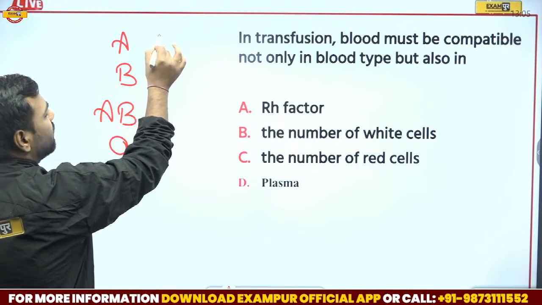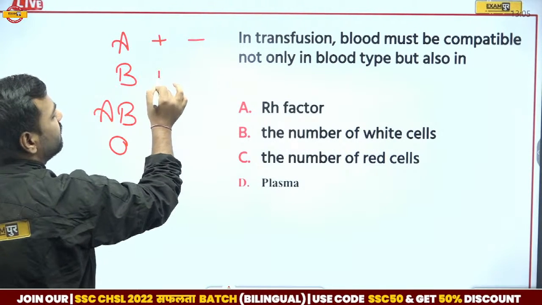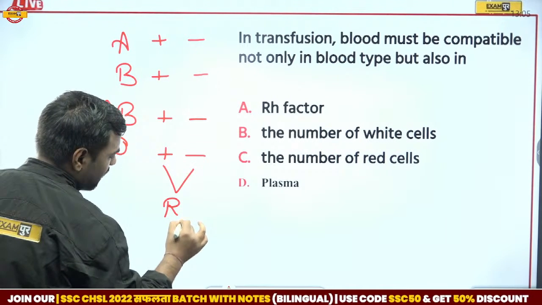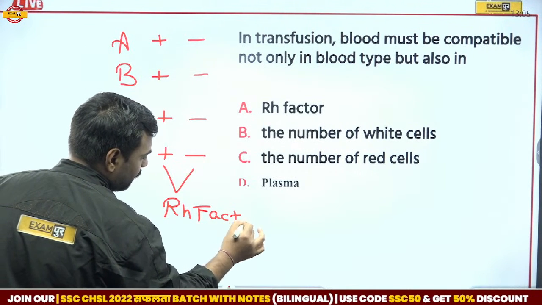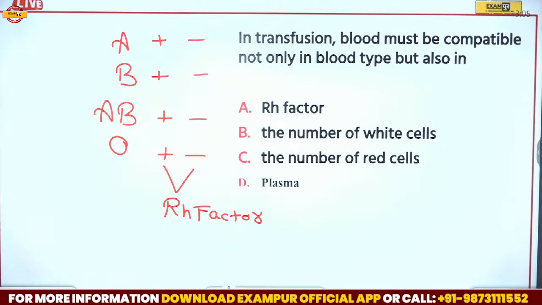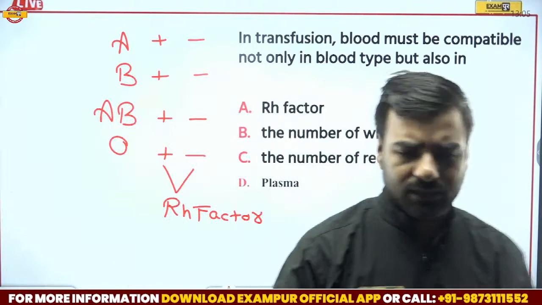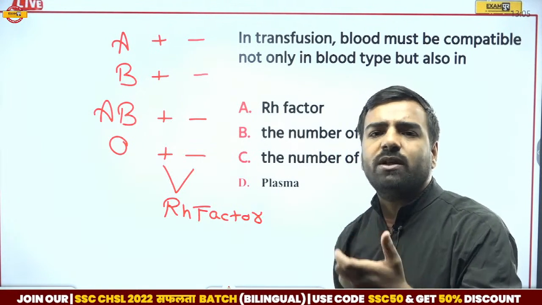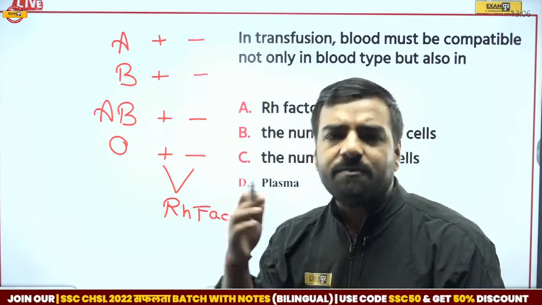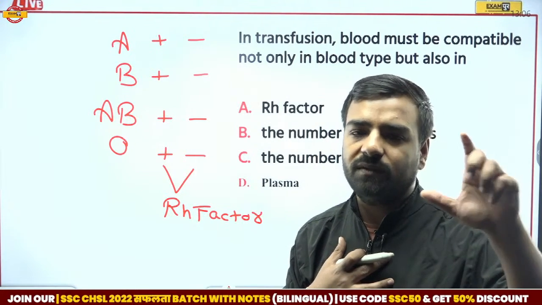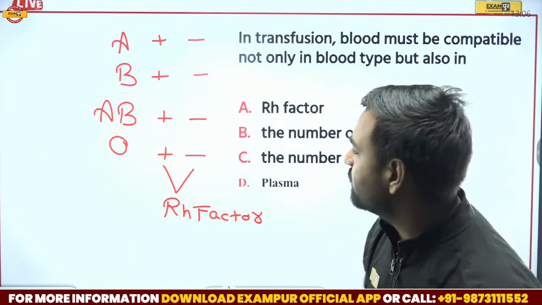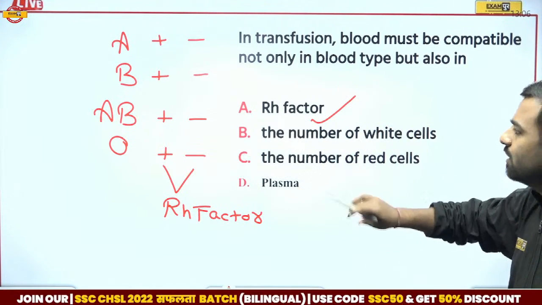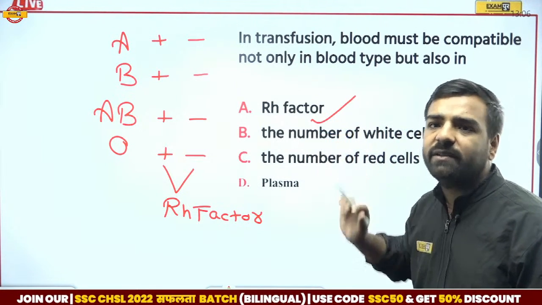If I talk about this part, we will talk about positive and negative. Positive, negative, positive, negative. What are they? These are actually RH factor. Which means there was a monkey actually where the name was rhesus macaca. The experiment which was conducted in that monkey found that there is a protein present in it. If that protein is present within us, we are considered as positive. If that protein is not there, we are negative. So yes, along with all those other factors, we need to have a look at RH factor as well.